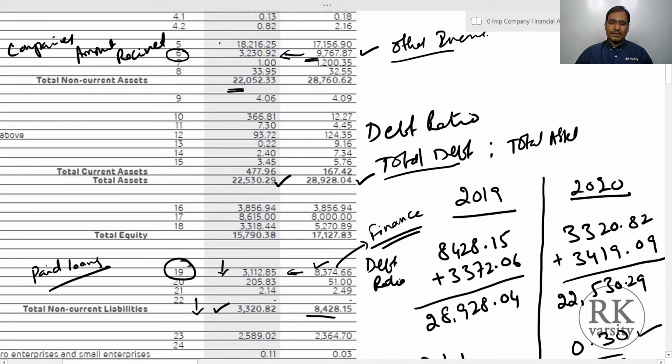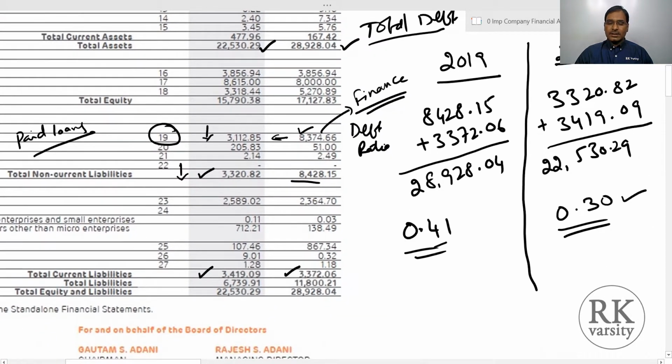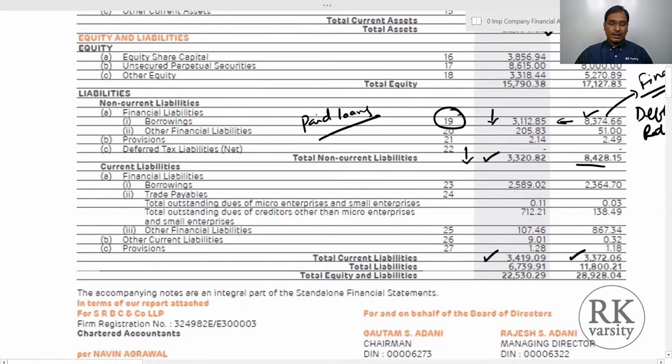For that purpose, you have to look at the profit and loss account and how much of the other income is received, how much of the finance cost the company paid, whether the company is profitable or not. The debt ratio even shows as a very low ratio, or we can say a minimum debt ratio. But this debt ratio will have an impact on profitability due to its financing cost. This is one related to Adani Power Limited.